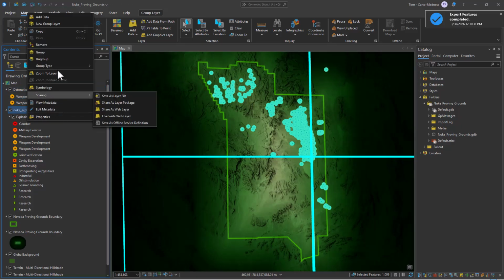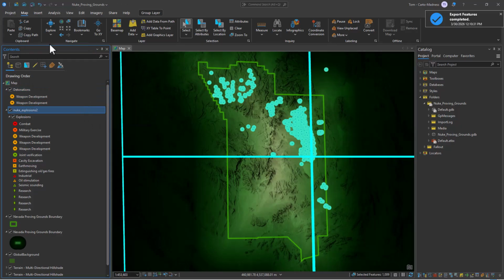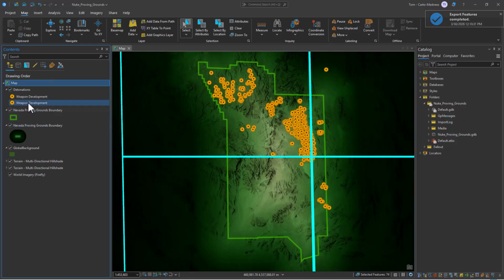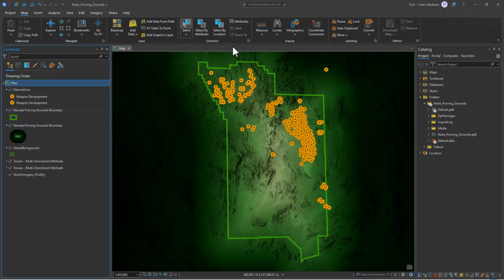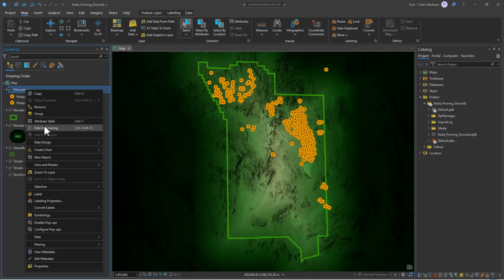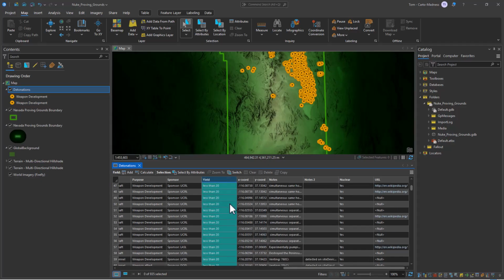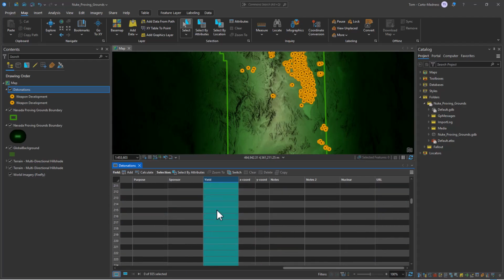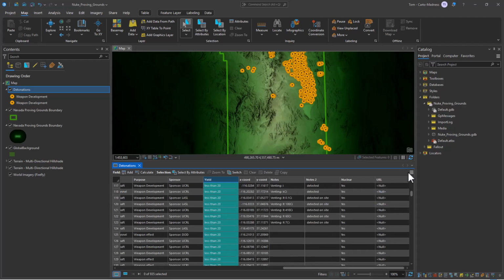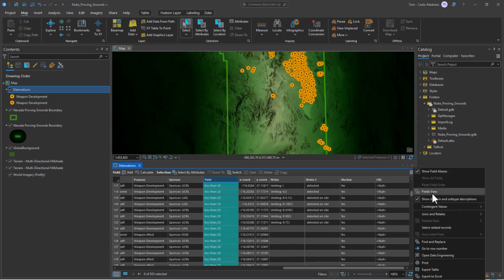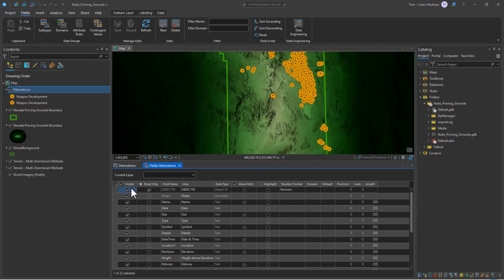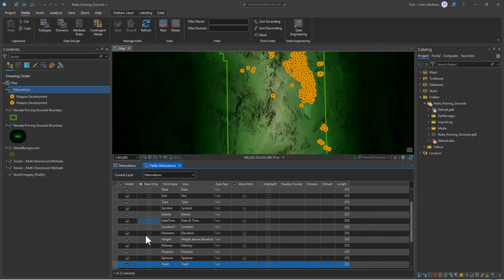And let's do a little housekeeping, get rid of those, and just work on what we have here. So if we open up the table of our nuclear detonations and scroll over a little bit, we see a field called yield, which is the energy produced by the detonation. It's mixed up with a lot of text and everything, and all I want is the number part of it. So let's go and add